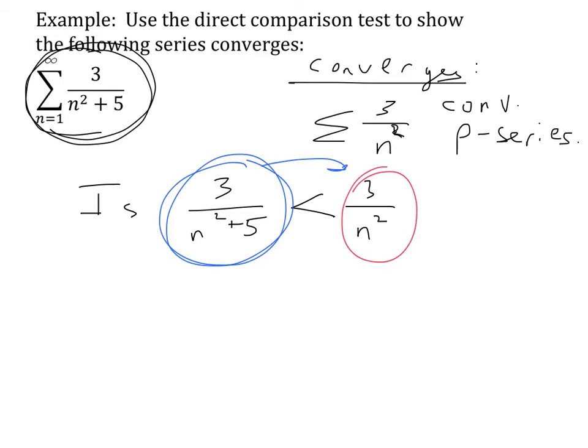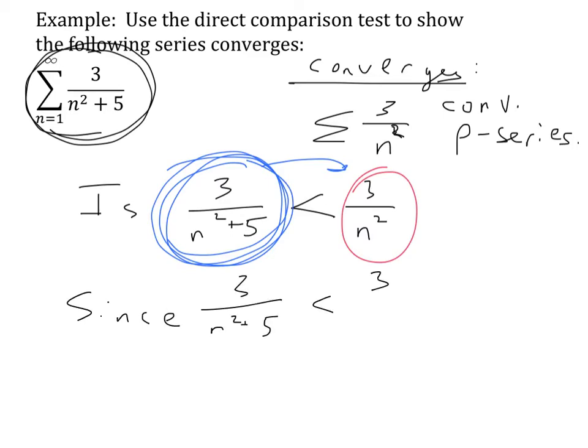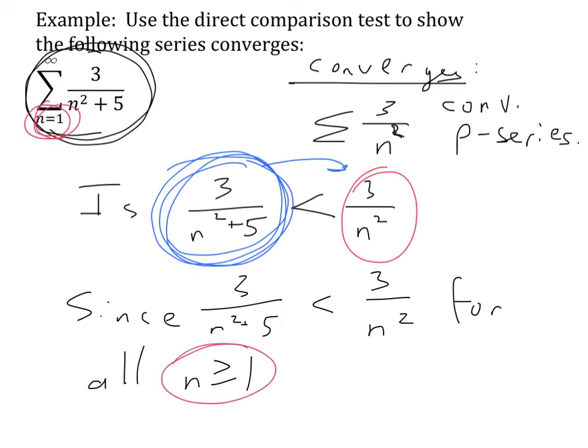You can tell that this series is in fact smaller than the p-series. The reason is that the denominator is larger in this one, and if we increase the size of the denominator, it's definitely going to be smaller than the other thing. So how do we write about this? We might say, since 3 over n squared plus 5 is less than 3 over n squared for all n greater than or equal to 1, and by the way, I got this from where the series starts. If this series starts at 1, then it needs to be true for all n greater than that value. So since that is less than that, and the series 3 over n squared converges